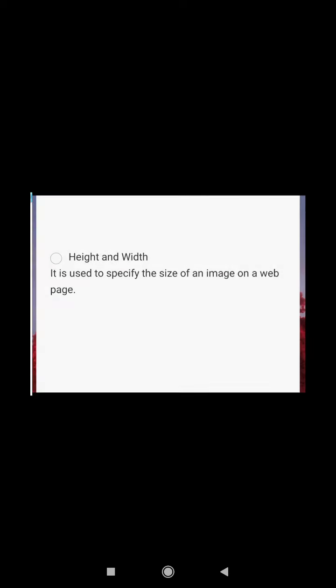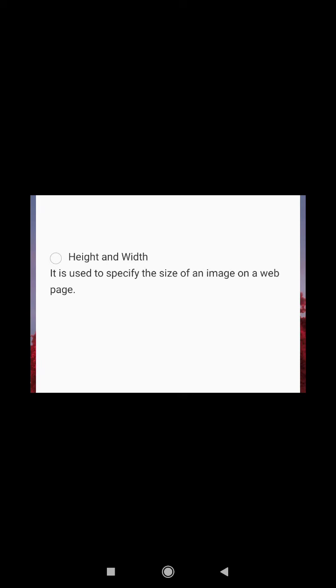Next is height and width. These attributes are used in the image tag to specify the size of an image on a web page. If you want a small size image on a web page, or you want a big size image on a web page, to alter the image size, we use height and width.